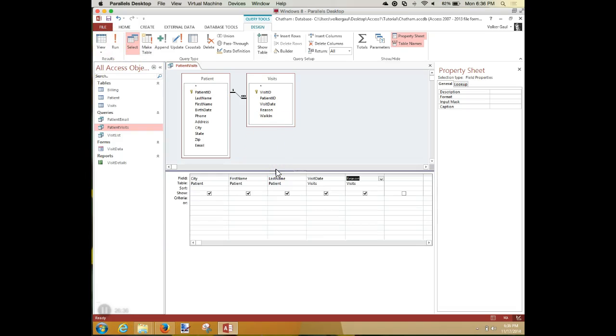To sort in design view, and this is generally a better idea because then the sort is saved with your query, and if somebody else runs that query and messes with the sort, when they leave, the next time they come back in, it'll be resorted the way you want it to. I want to sort by city, ascending. There's a little sort row right underneath the name of the table, patient. Use the sort row,